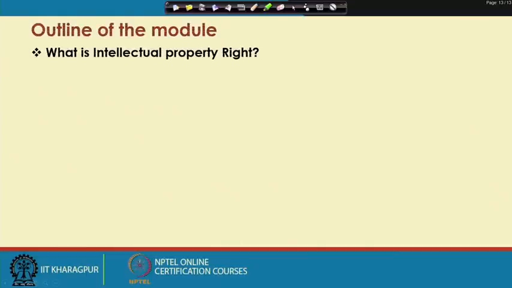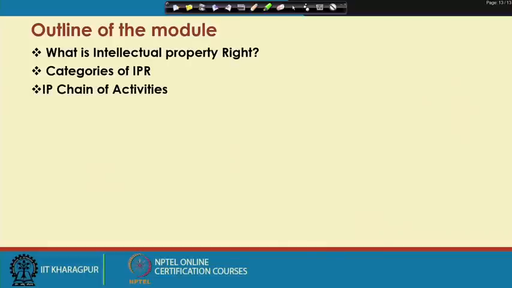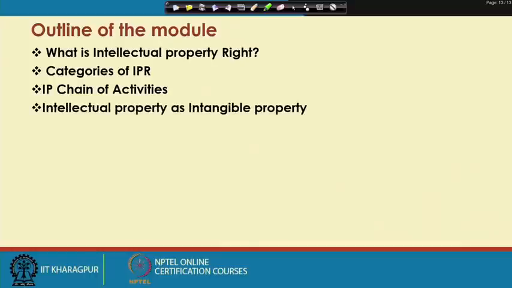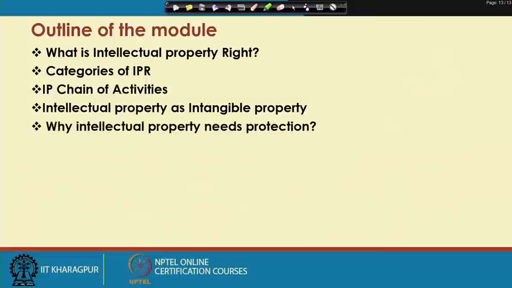So, in this module we are going to discuss what is intellectual property right. We will discuss the different categories of IPR. What is the intellectual property chain of activities? We will discuss why intellectual property is an intangible property, why intellectual property needs protection, how IPR is managed